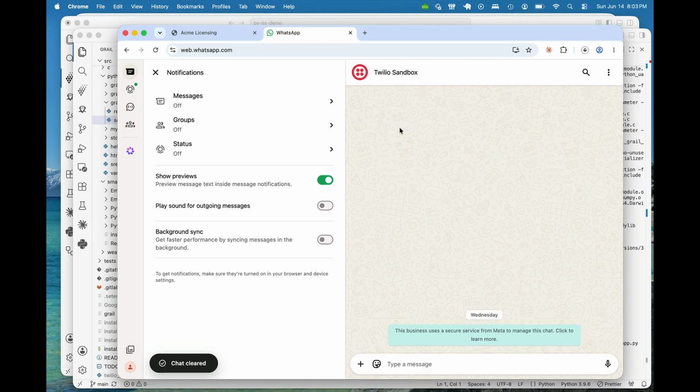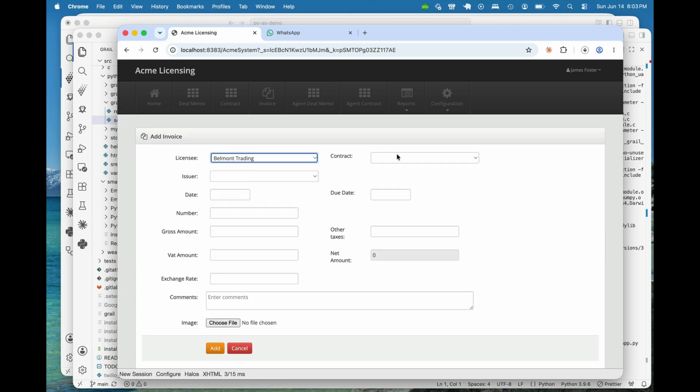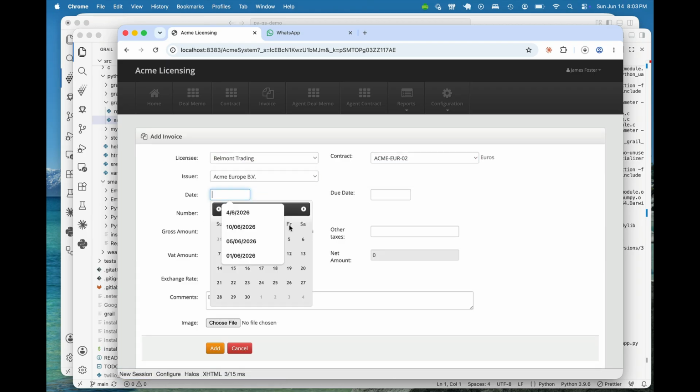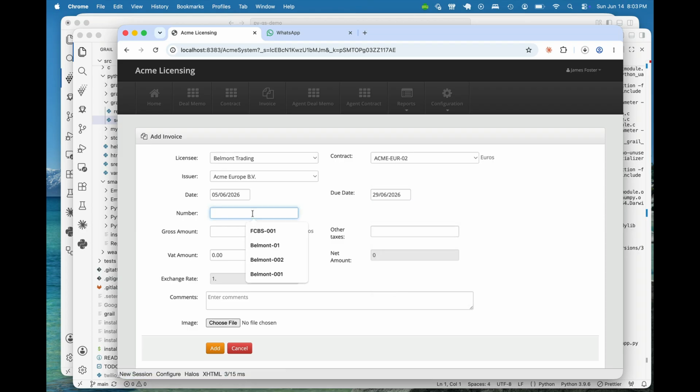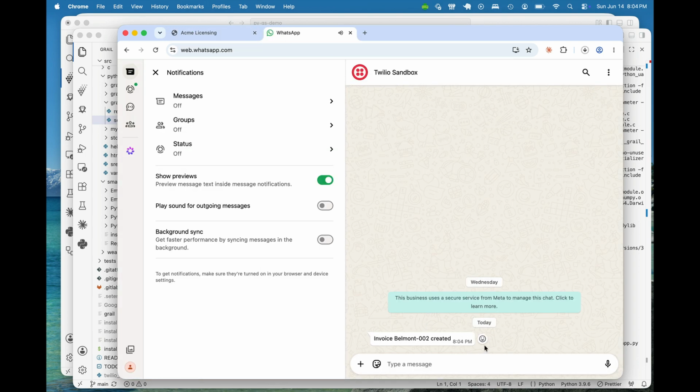Notice I have no messages right now, or I've cleared the list. I'm going to go add a new invoice, fill in some sample data, and once we have that, we'll click the Add button, go back to WhatsApp, and see that now I've received a notice that there's a new invoice